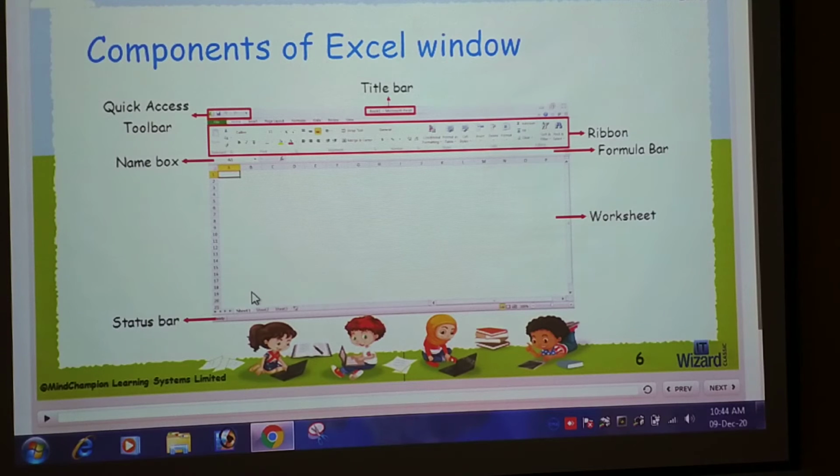And status bar, located at the bottom of the window, displays status information about the active worksheet. So this is the worksheet. So these all things are components of the Excel window.